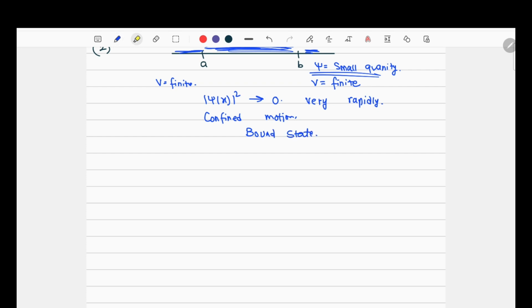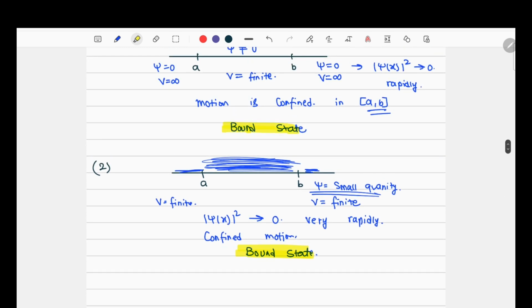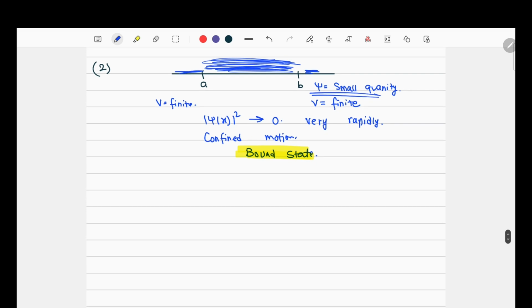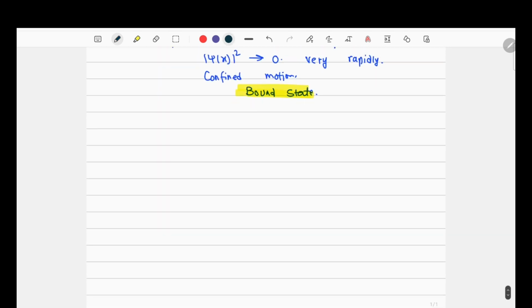So this was the discussion on bound state, that is, what is a bound state. These two cases are important. I think you understood bound state. You need to check the given range. You might have a given range, and outside that range, if the probability density drops to zero very rapidly, then you are having a bound state. Now we are going to talk about some properties